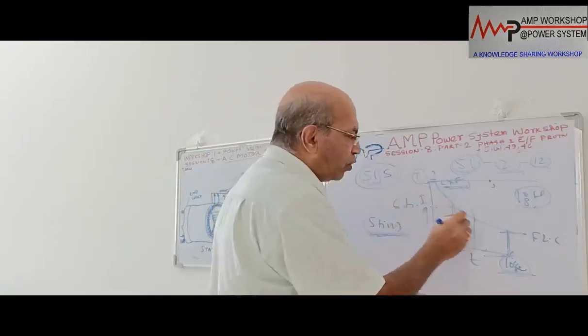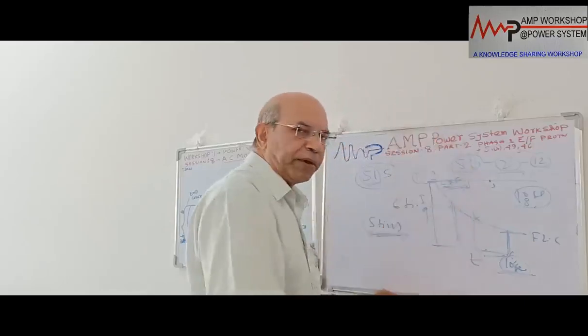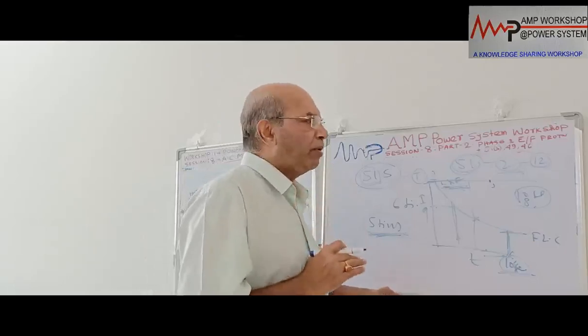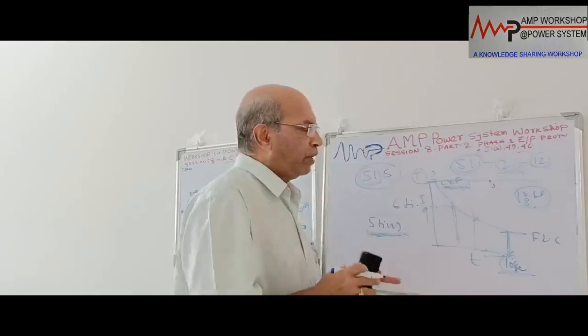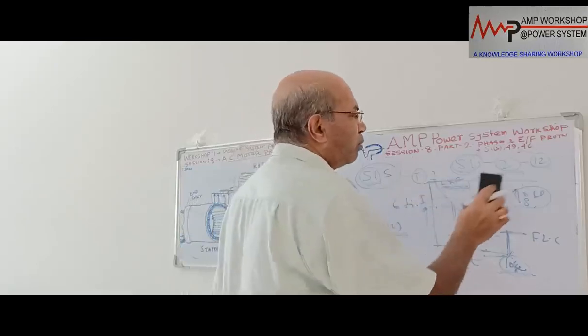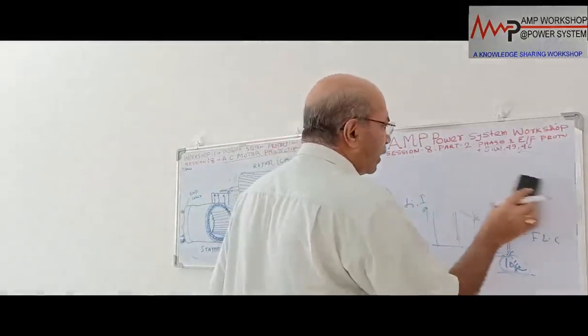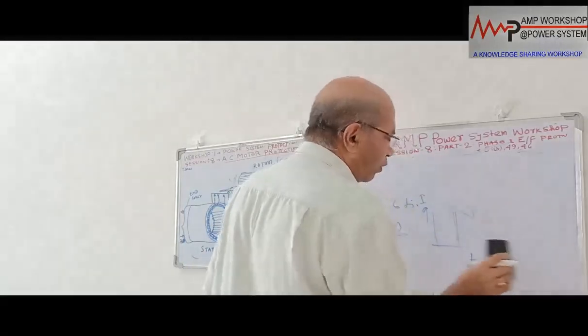Within, suppose, 3 to 4 seconds, if the starting current is not dropping, that means there is a locked rotor condition. Immediately, the relay will give the tripping command to the breaker. So it will trip. This way, this overcurrent protection is provided, locked rotor protection 51S. Okay. Now the next point we will discuss is your overload protection.